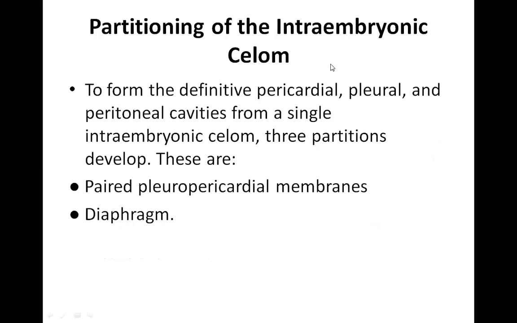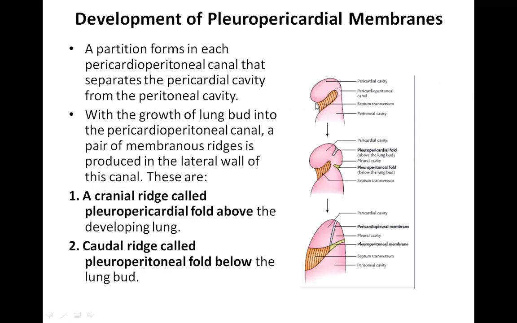Now the partitioning of the intraembryonic coelom. So, to form the definitive pericardial, pleural, and the peritoneal cavities from a single intraembryonic coelom, three partitions will develop. These are paired pleuropericardial membranes and a diaphragm. So, over here, this is only one side of the pericardial cavity joined with the